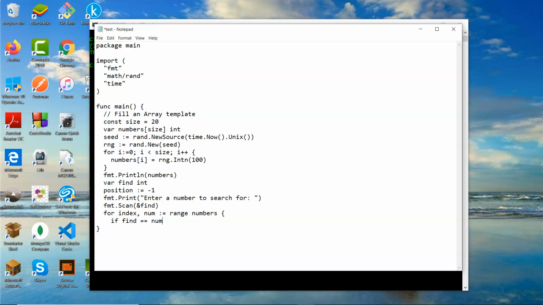If num is pulled out of the range and it equals find, then we want to assign that index position to our position variable, and then we're going to break, so stop the program. We don't need to go any farther. Otherwise we'll just keep looping through, and either we'll find what we're looking for or position will hold -1 still. Okay. So then we can say if position is greater than -1,